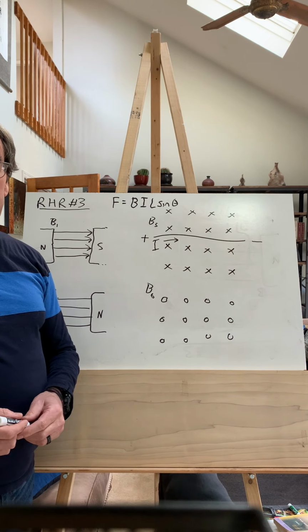So using the book's version, if we put our fingers in the direction of the current and we wrap our fingers toward the field, thumb gives the force. And we're going to put that force in the center here, though it's really acting all along the length of the bar. Using the other version, we would put our fingers in the direction of the field, thumb in the direction of the current, force comes out the palm, and we get the same thing. But that's the point. As soon as you run current through this thing, it becomes itself a magnetic object